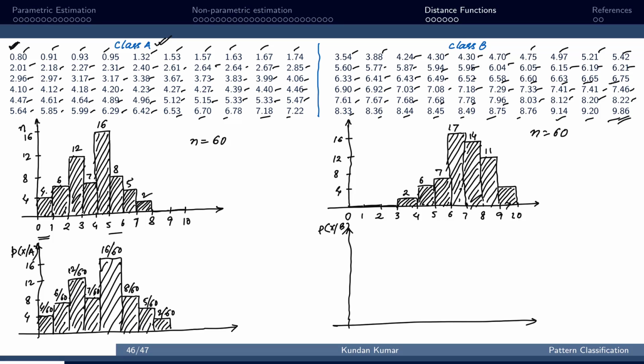So this is basically the probability density function. Okay,